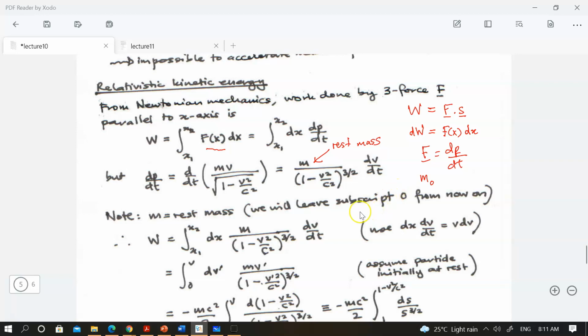Okay. So you plug this into your work done expression, and then you use the fact that one can change this integral with respect to x. We would like to change this to an integral with respect to v, because your expression inside your work done is in terms of v. So what we're going to do is to denote, for example,